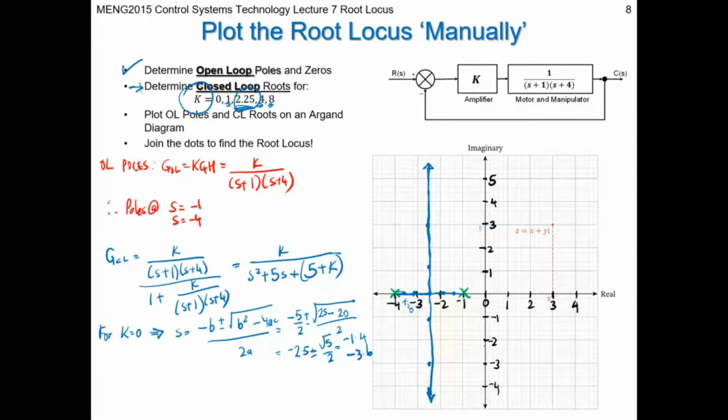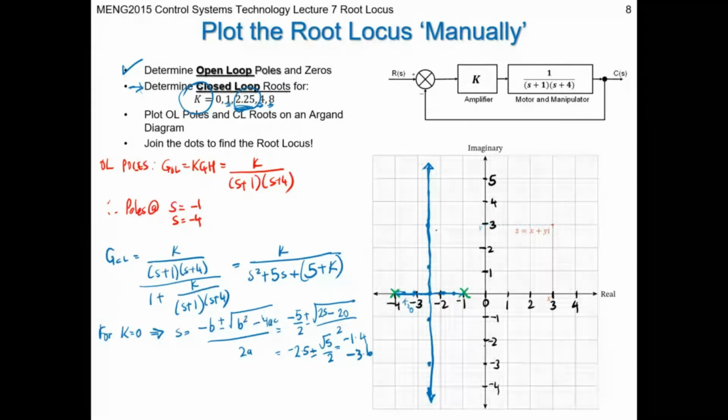All right? So we're seeing how the closed loop roots move in the S-plane based on the value of a parameter. In this case, we're changing the value of our gain K in our amplifier. We're also seeing that they start off being real, but then they become imaginary. The difference between a real closed loop root and an imaginary closed loop root is that an imaginary closed loop root will have an oscillatory component to it. So as soon as your closed loop roots come off the real axis and they have an imaginary part to them, then you're saying that the transient response is going to have some oscillation